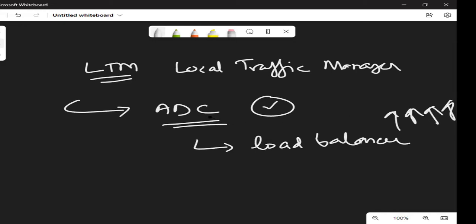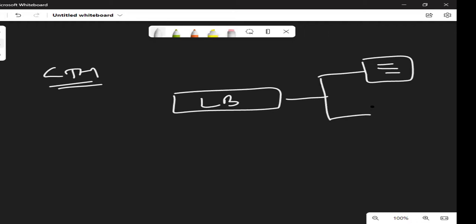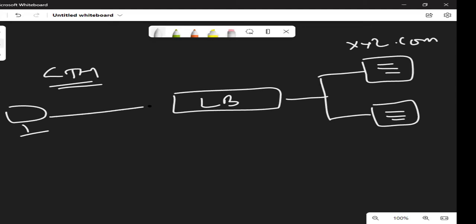Now, let us see. Let us say we have LTM, and LTM is a typical load balancer. There are a couple of servers, let us say, for simplicity's sake, only 2 servers. Both of these servers are hosting xyz.com. When a client comes, it lands on the LB.